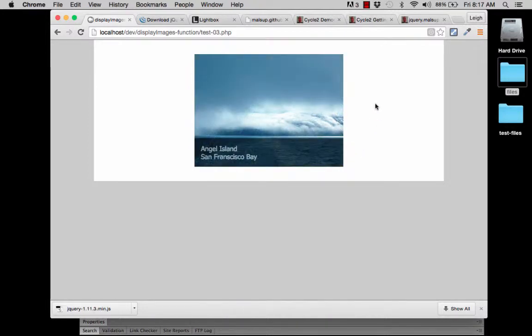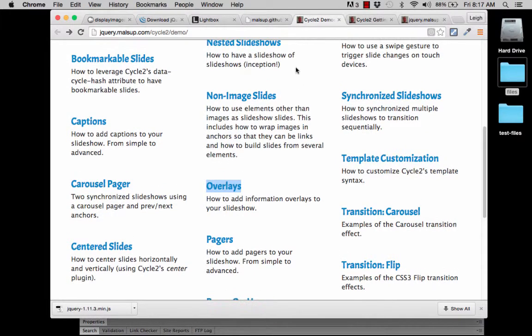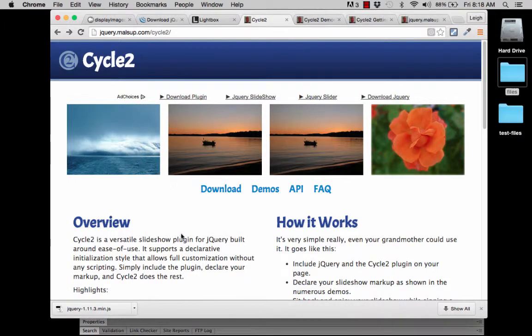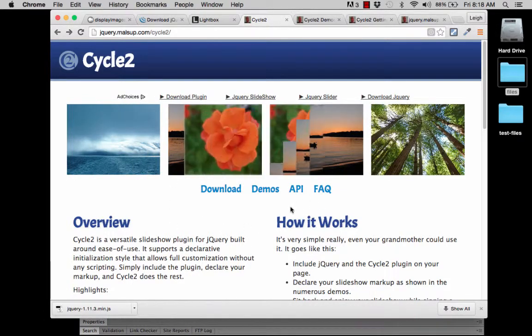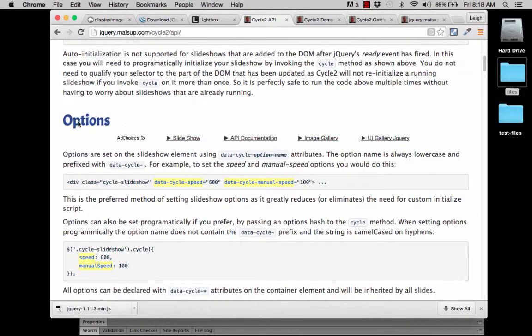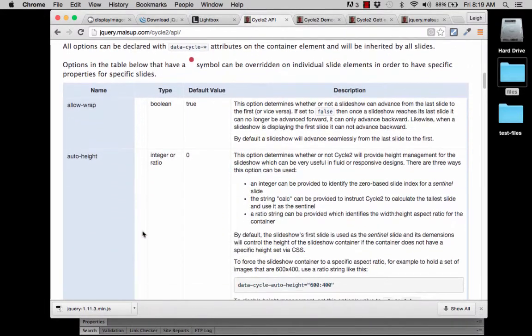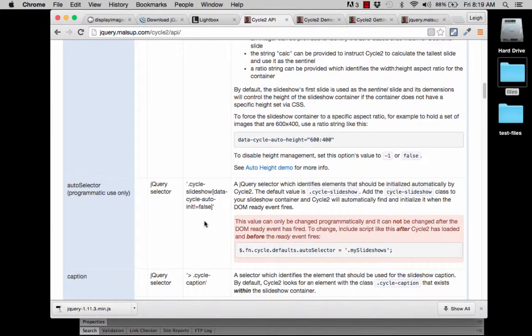Now the other thing is that if you want more information about all of those different effects and changes that you can possibly do, you can go back to the website, and actually I want to go back to his main page, the main Cycle 2 page, and then there are a couple of links. There's this API link, and the API will show you a lot of different stuff. It explains how the options work. It also has a table of all of the different options that you can use and how